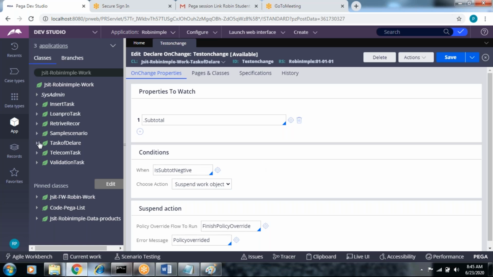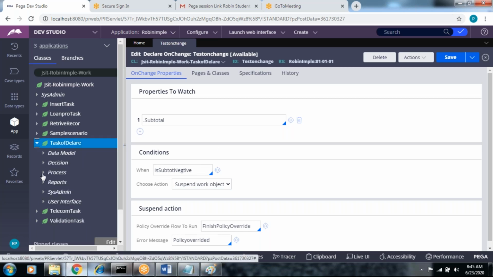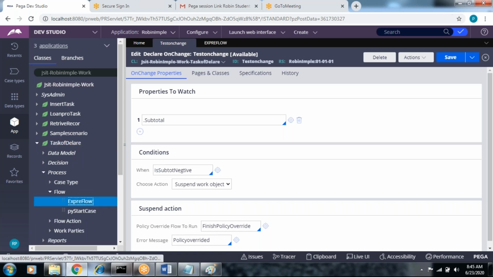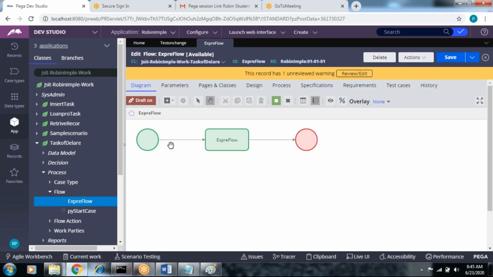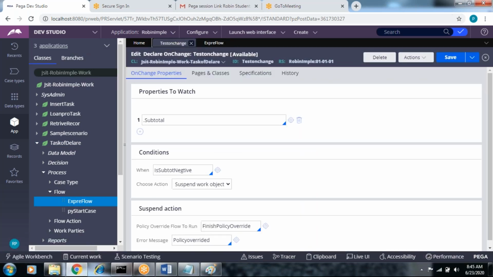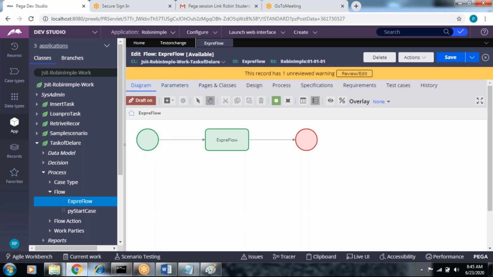Let's see the result of declare on change. We applied it in the same class, so wherever the property defined in the declare on change is there, it automatically runs in the backend.